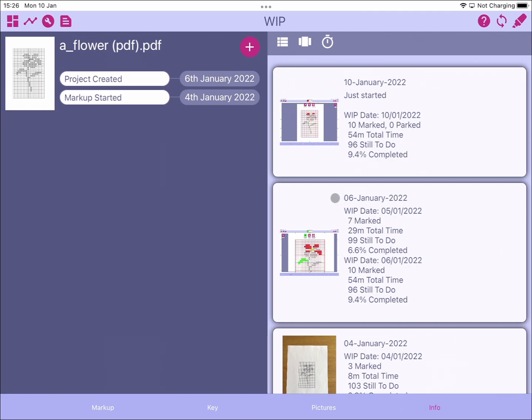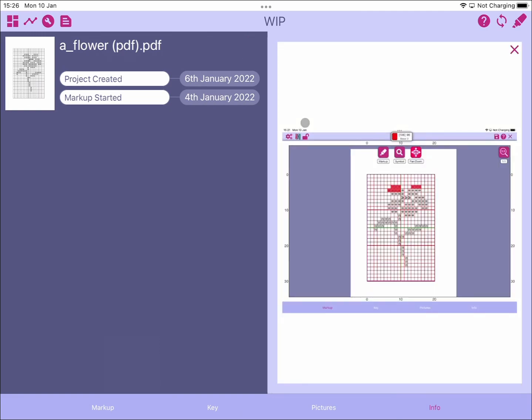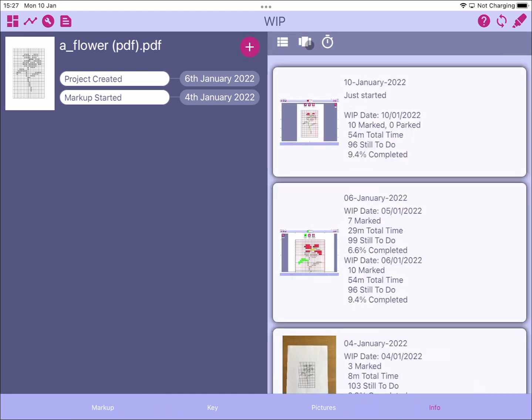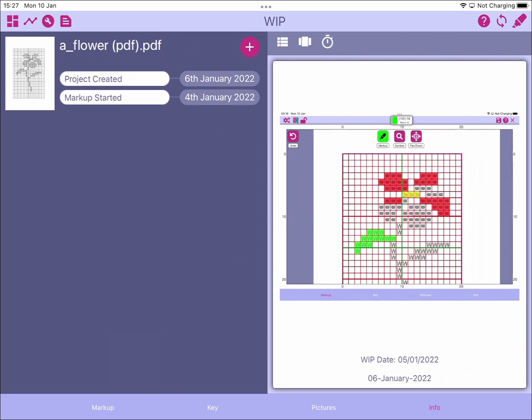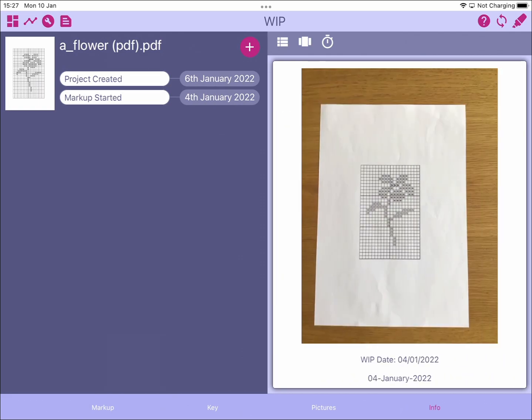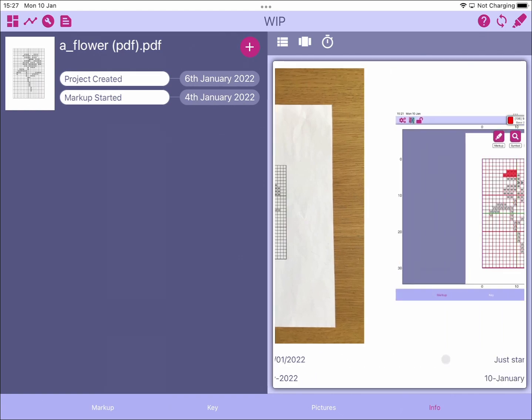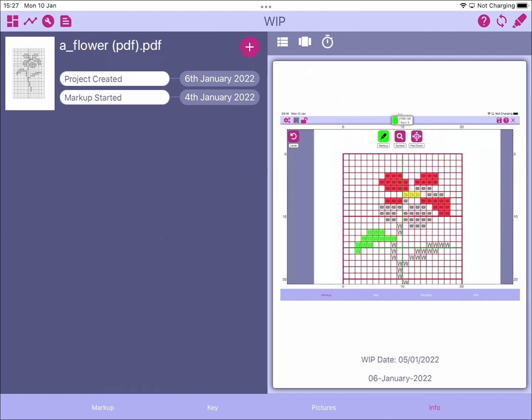Now, one of the things you might want to do is, obviously this is just a very small image, and you can click on this to view and go into the text of the work in progress. But you can also click on the image to get a bigger view of that image. But what we've also added in, if we close that down, is a carousel view. So this is the list view here. That's what we're currently in at the moment. And if we click on the carousel view, it will allow you to swipe through your work in progresses with just the image showing. You'll get a little bit of information at the bottom, maybe the first line or so. But that just keeps looping around so you can see through all your work in progresses.